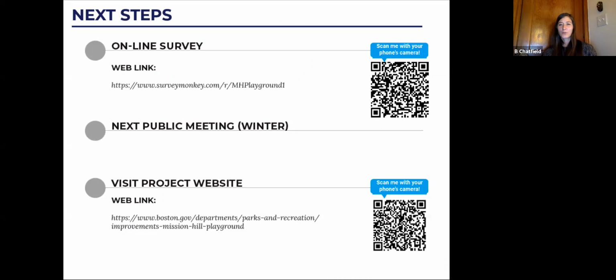We've got 2 QR codes on our screen. We're going to have a survey, which is sort of about how you use the park and who you are. We'd love for you to fill it out. We'd love it if you could email it to as many people as you can. There's a web link in the survey itself. We're just trying to get as much feedback as possible to really direct our design and make it as close to what the community wants as possible.